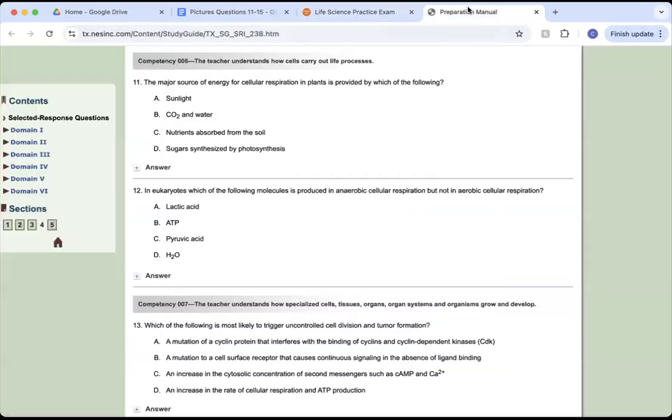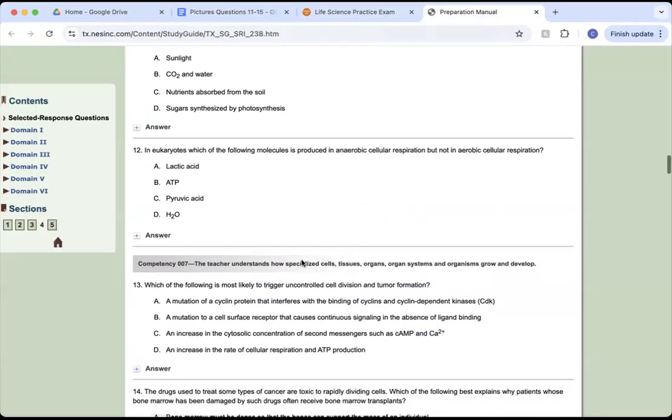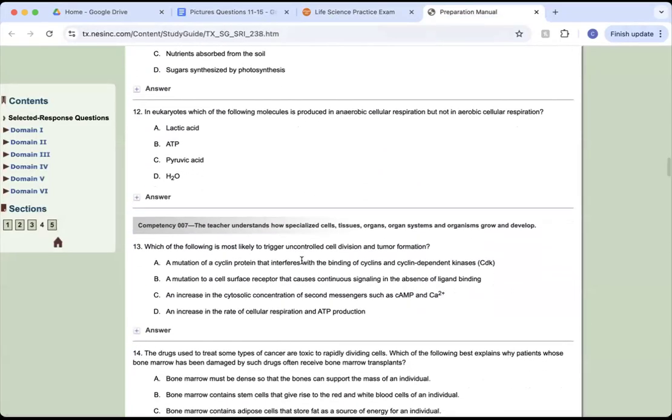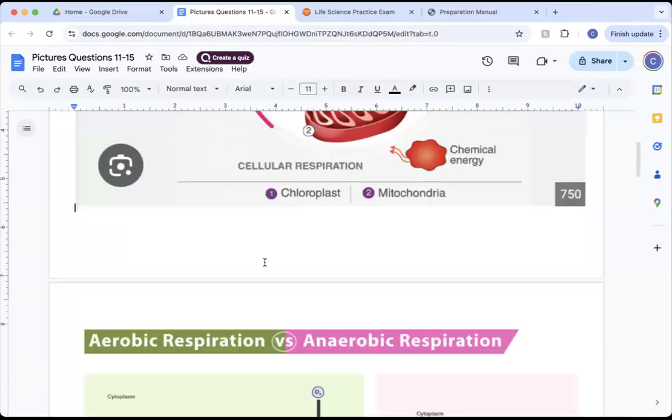Let's go back and look now at question 12. Question 12 says, in eukaryotes, which of the following molecules is produced in anaerobic cellular respiration, but not in aerobic cellular respiration? This question is one that you kind of just have to memorize, anaerobic versus aerobic cellular respiration. So I've got a diagram